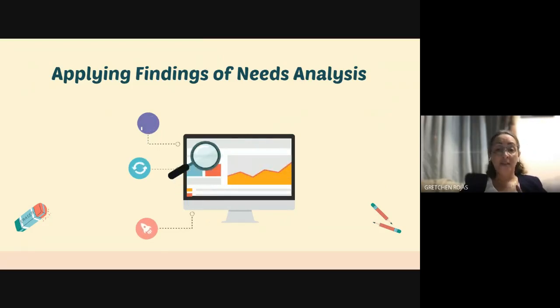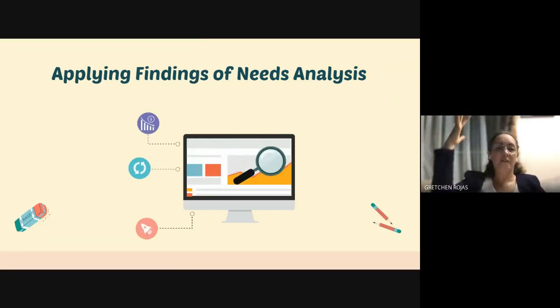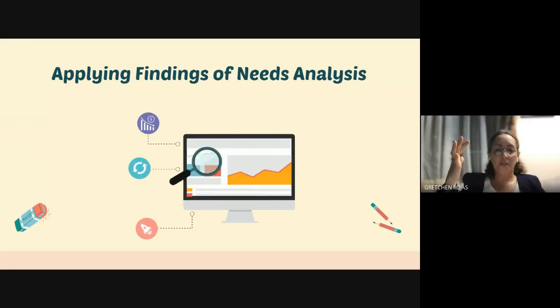We're going to prioritize the needs because remember it's the core, and the current curriculum has to be examined to see if the needs have been identified and if they are being met, because there's no point in gathering information and not doing anything with it, and decide which of the needs are critical, because we might get a whole bunch of needs, but which ones are critical, so which ones are more desirable, and with that information analyzed, then we're going to see if it suits the group of interest,